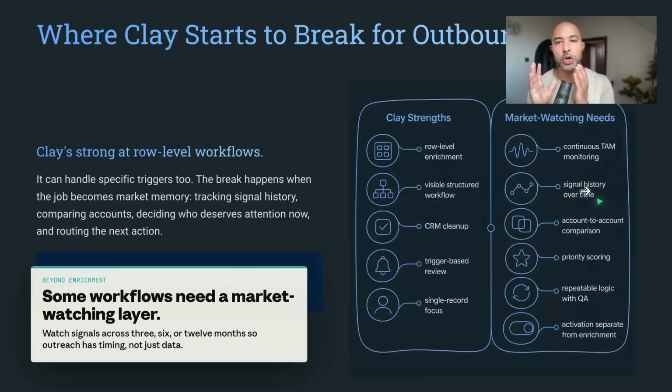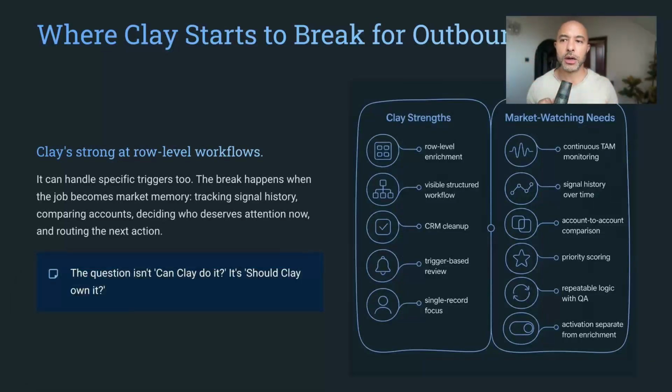That means that basically we can track the signals that indicate an account is in market. We can track that over a 3-month period, 6-month period, 1-year period, and we have all of that data on each of your accounts, your dream 1,000 or 100 accounts that you want to track, and we can put together a narrative, a story. We can now put together a reason why we should prioritize them